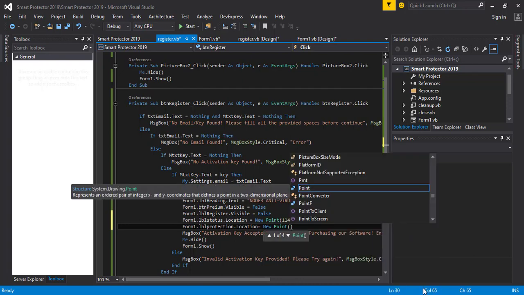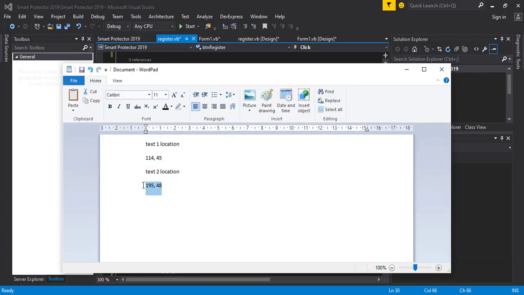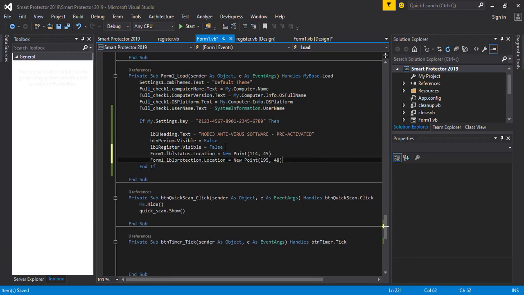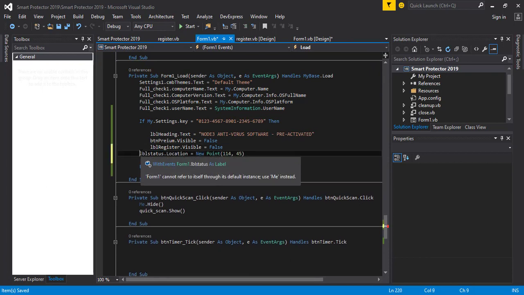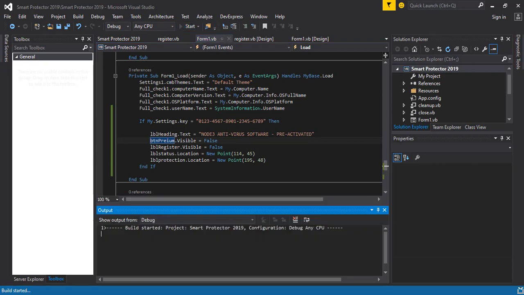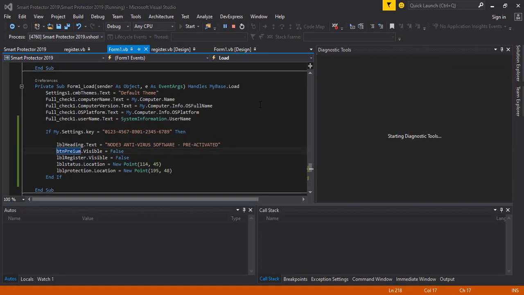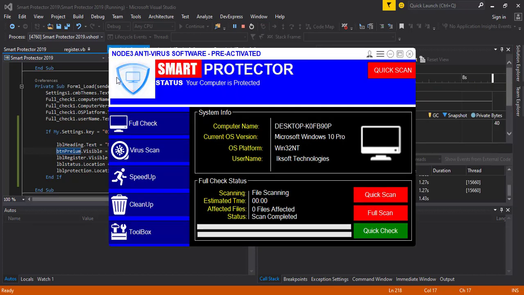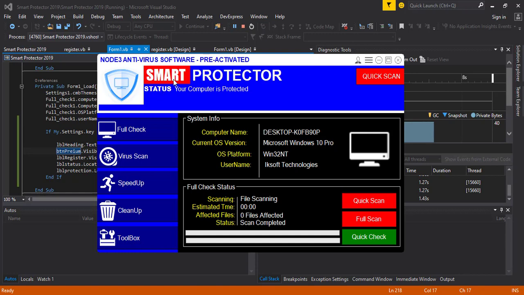Which is going to be this guy. Good. So we just have to copy these two, and we go to the form one, then we paste it here. Good. So let's try this out and let's see if it's going to shift to that location. Okay, so as you can see, we have it here,